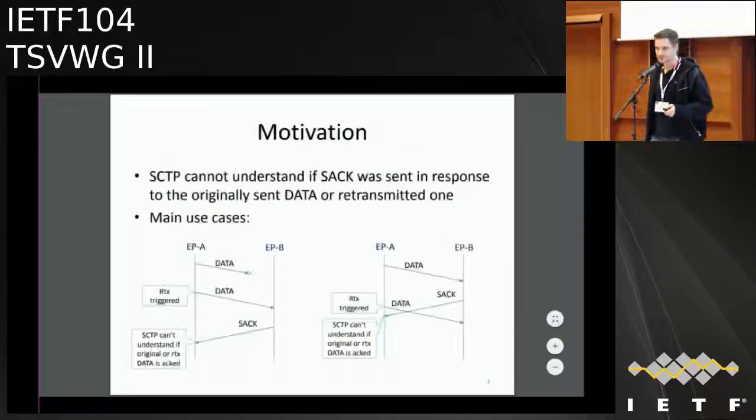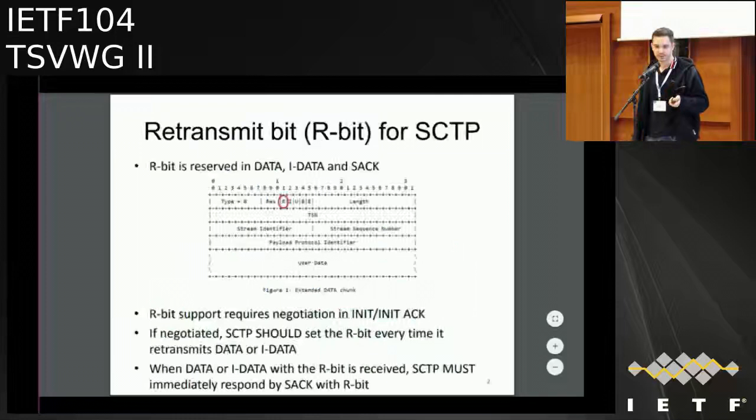So this is a draft where I try to solve the problem where SCTP cannot distinguish if a SACK acknowledges original data or retransmitted data. The idea is to just reserve one bit in DATA and SACK chunks. Since both ends are impacted, it requires negotiation during association establishment. And there are two basic rules. If successfully negotiated, then SCTP should set the R bit every time it retransmits DATA or I-DATA. And when DATA or I-DATA with the R bit is received, SCTP must immediately respond by a SACK with the R bit